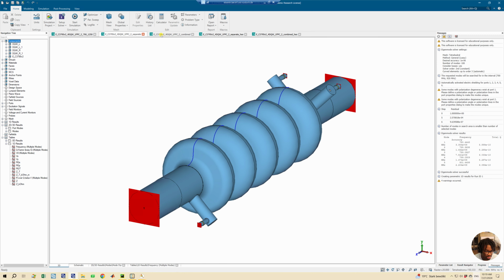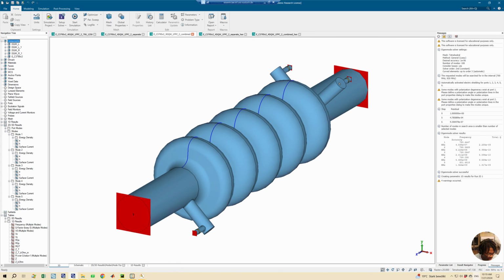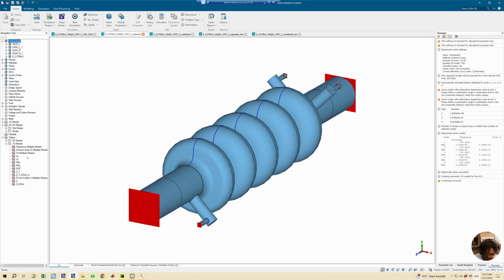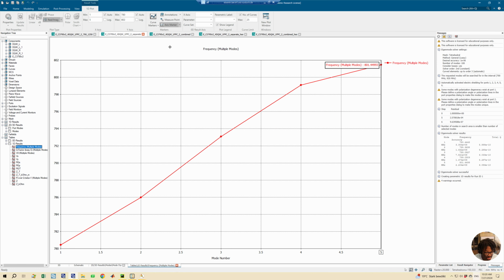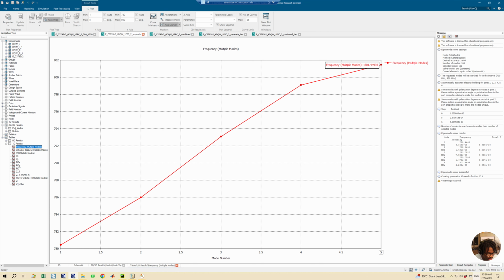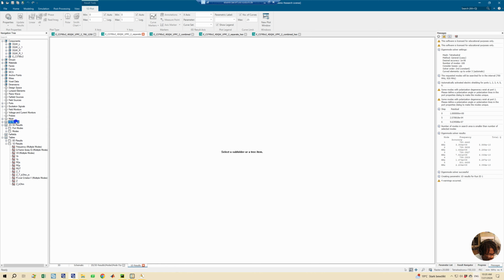But then you could quickly compare the results by, so for example, I have this 1D results. Say I want to compare the frequency of these two simulation runs. So I have this and this. I could just easily copy from this one. So I right click and copy. So I copy this and I go over to this and I go to 1D result and then